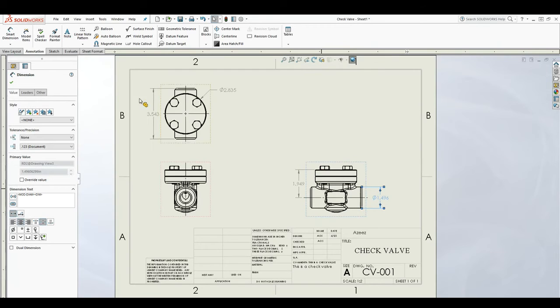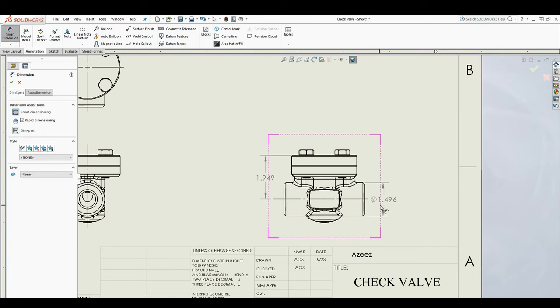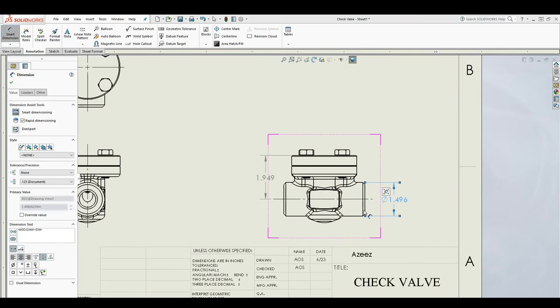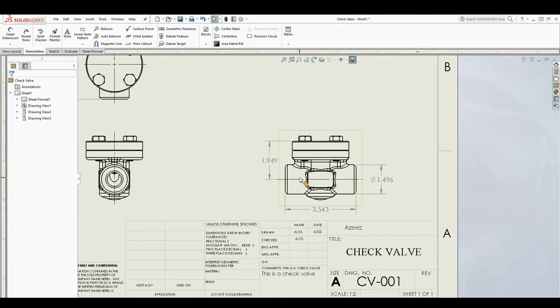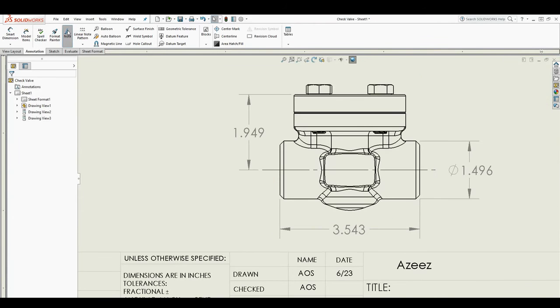So the next thing we can do is add the distance. Maybe pull this back. Add the distance from here to here. And that will be that. And we can add